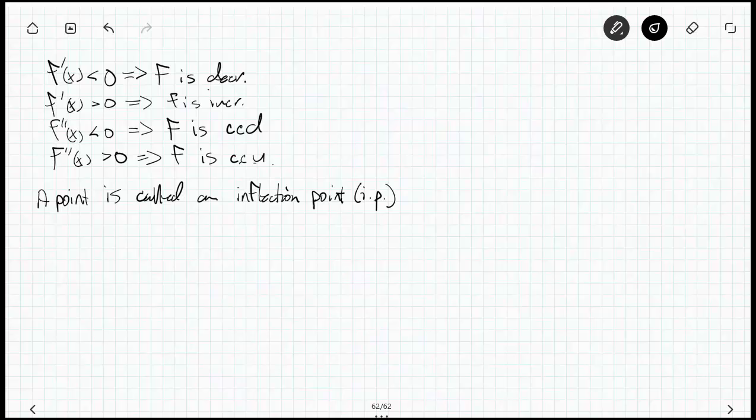An inflection point, if the point lies on a continuous function,